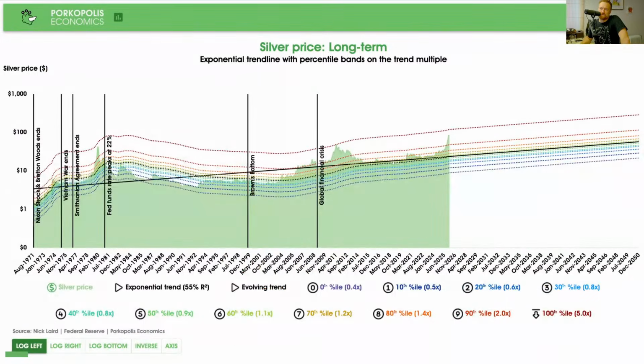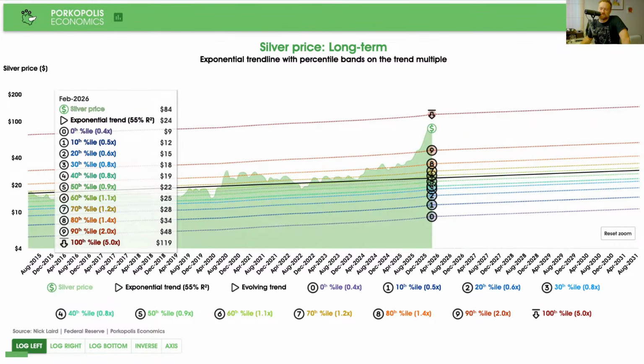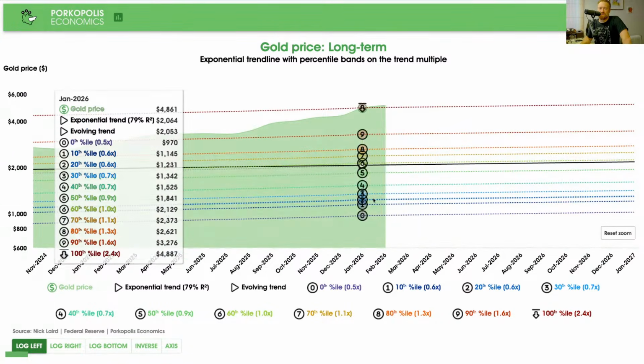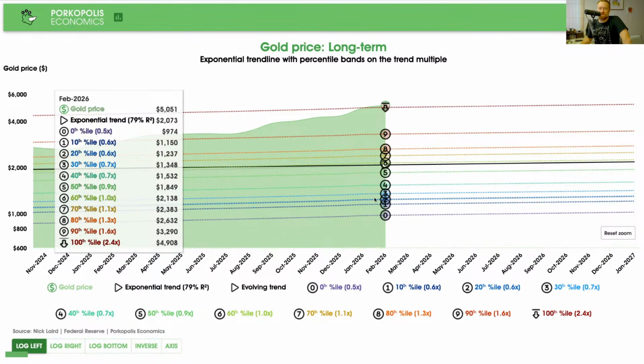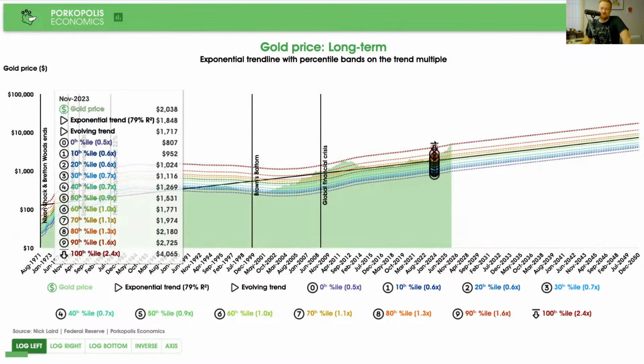Let's look at silver and dollars. All right. So far, it's not going to break the old multiple record. It's got to close above 119. Gold's doing all right, though, holding its own. $4,908. If it stays above 5,000, basically, it will be an all-time high relative to its exponential trend.